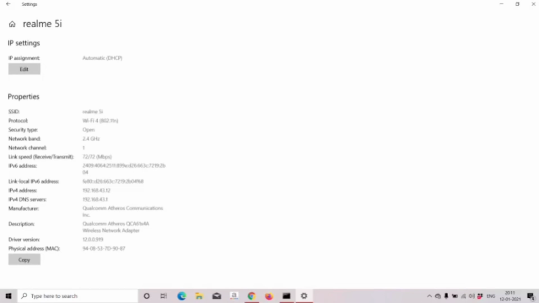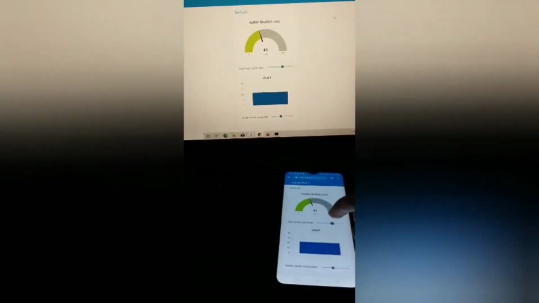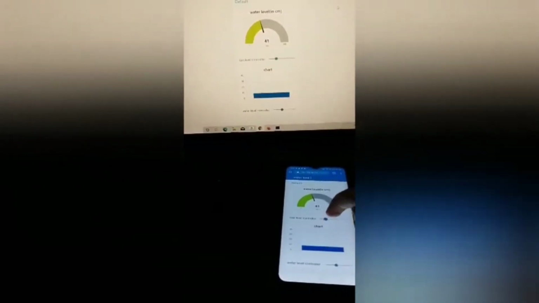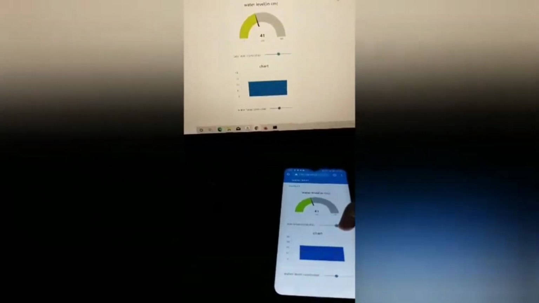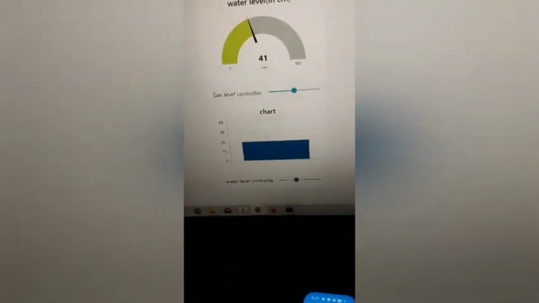From here I will use the IP address, and now I will show you this thing. The same thing is running on the smartphone and PC.